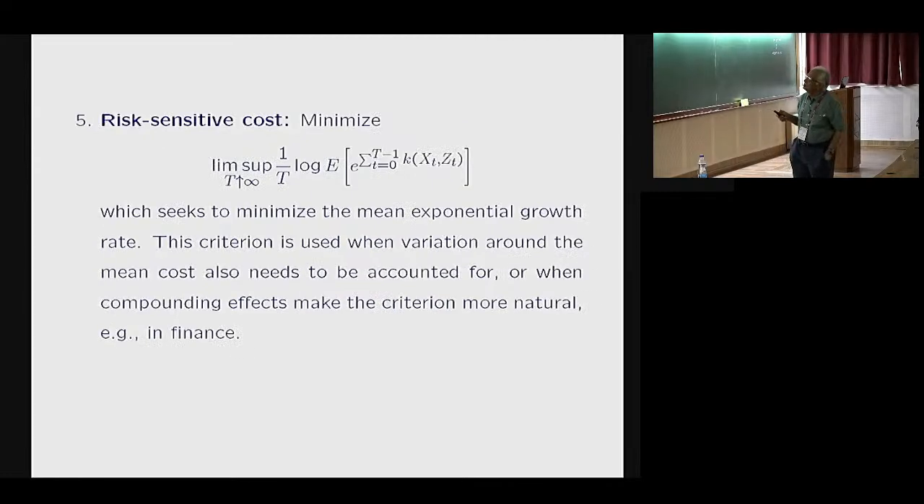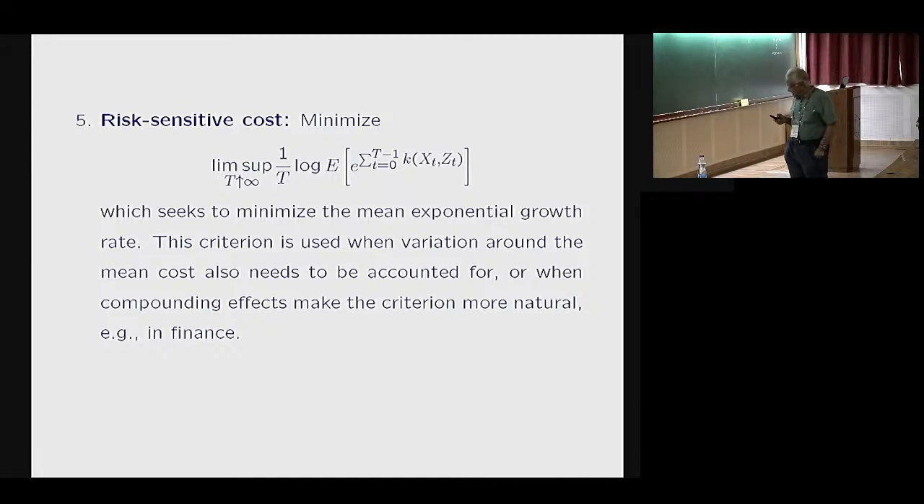An even more difficult cost is the exponentiated one. So what you are trying to minimize is the exponential growth rate. There are two motivations for this. One is, of course, in finance-type applications, this natural compounding effect. So this is a multiplicative cost, which is natural,